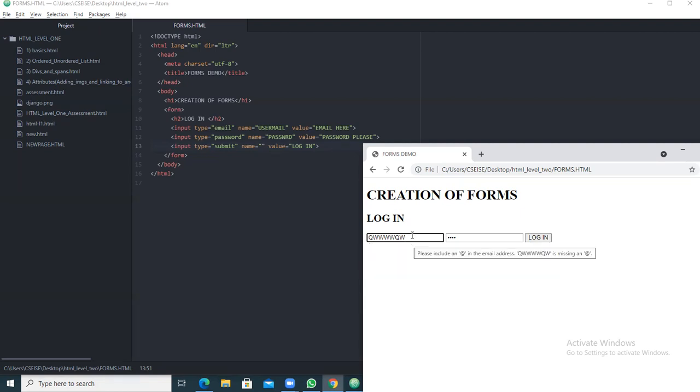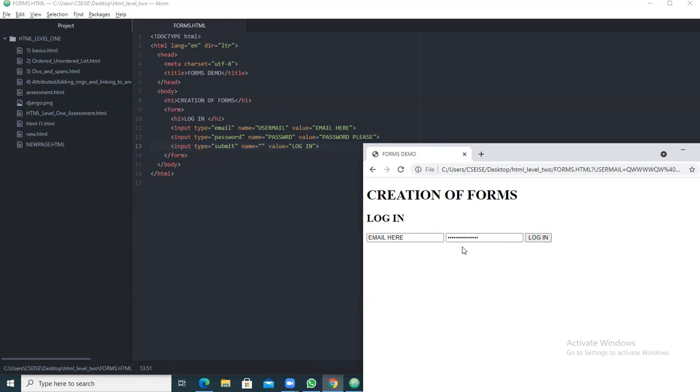That is because we have taken the input type as email. If it is email, the symbol @ should be there. Please enter the part following the @. So I will give it as gmail.com and then login.